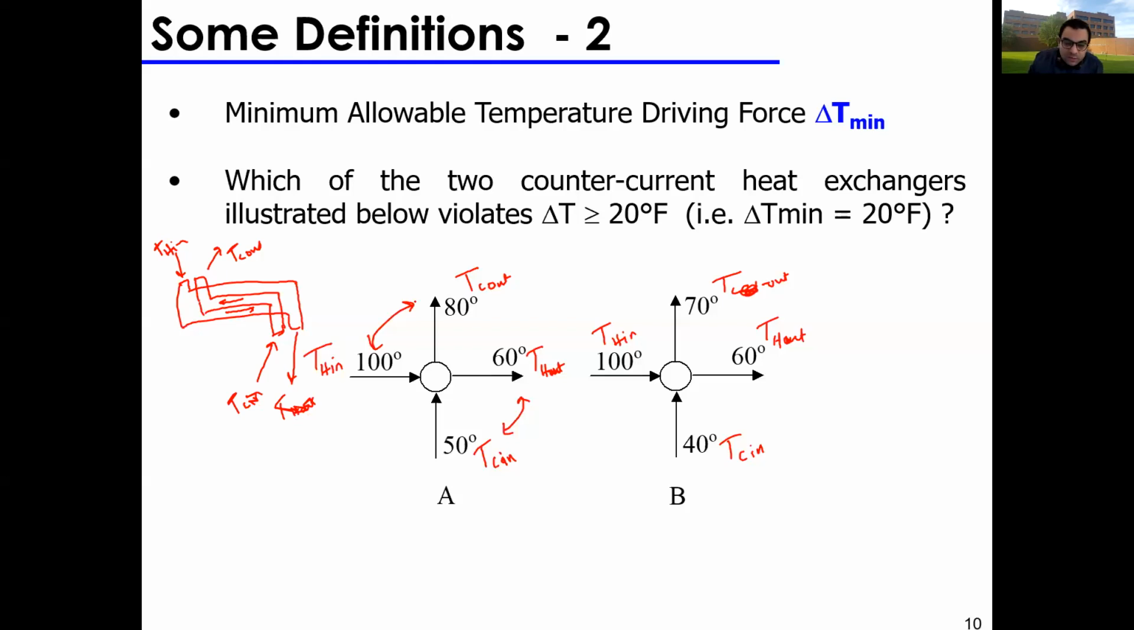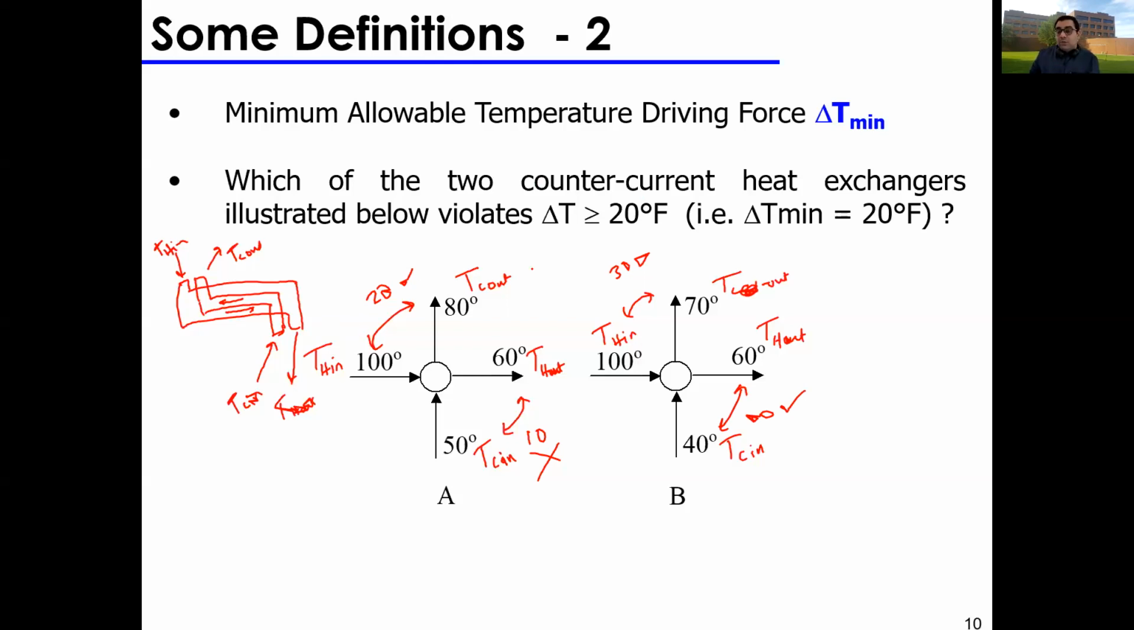So if I look at TH in with TC out, this is 20, so this is fine. If I look at TH out with TC in, this is 10, so I have a violation here. If I look in this case, TH in and TC out, this is 30, so this is fine. TC in, TH out, this is 20, so this is fine. Okay, so when looking at this, just be careful